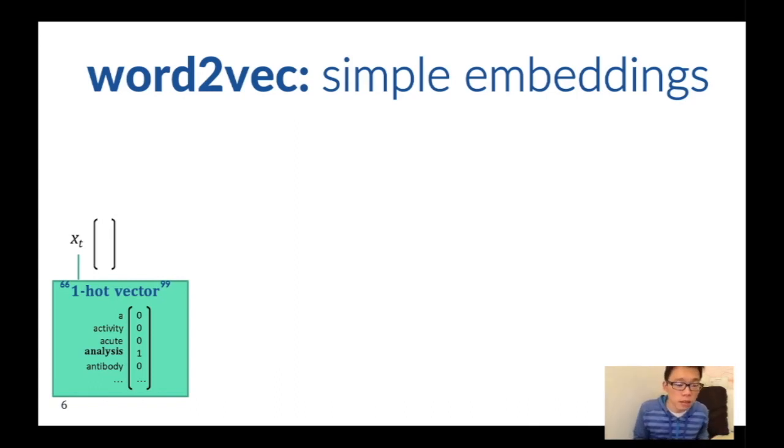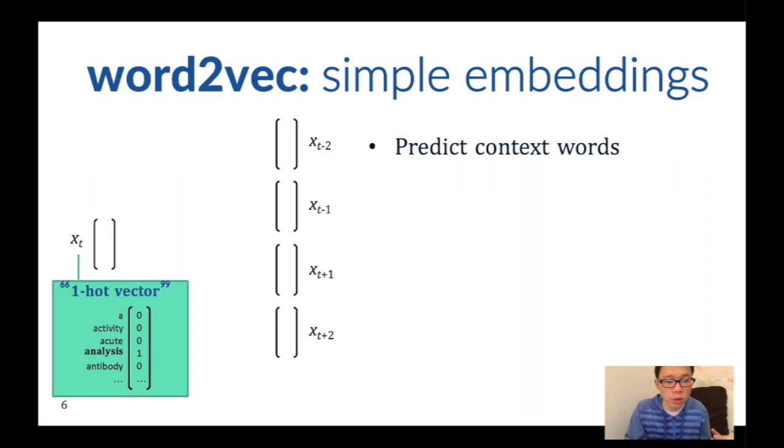Okay, and so what we're going to do is we're going to look for a specific word. So here we're looking for the word analysis. And say we have a text with the word analysis and a few other things in context. And so what you're going to try to do is predict the words that come around the word analysis in a text. So say you have a sentence that says kada kada kada analysis kada kada kada, and you have like 2 words before it and 2 words after it.